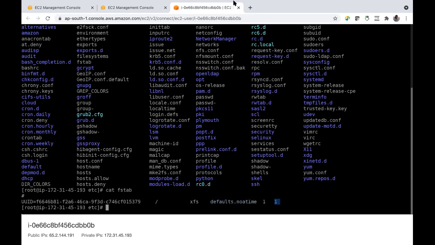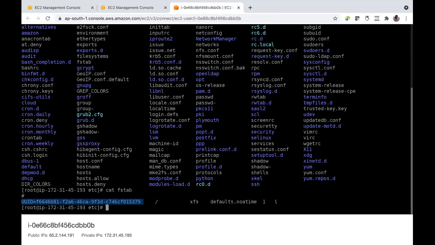What this means is, this is your root volume ID, and root volume mount point is / and its file system is XFS, and its default file system, and 1 means do you want to take a backup, something like that.